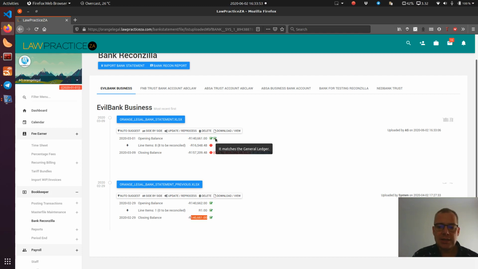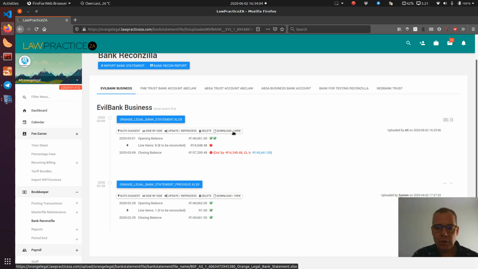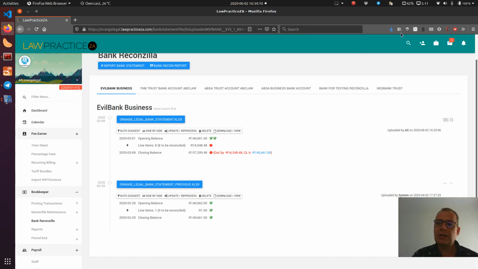The other green tick says it matches with the general ledger. That's good. That means that what we have in our general ledger, this amount, is exactly the same as what's in the bank statement. Now, I can view the bank statement that I just uploaded by clicking the view button, or there should be a little thumbnail in the corner. I chose to upload just a spreadsheet,